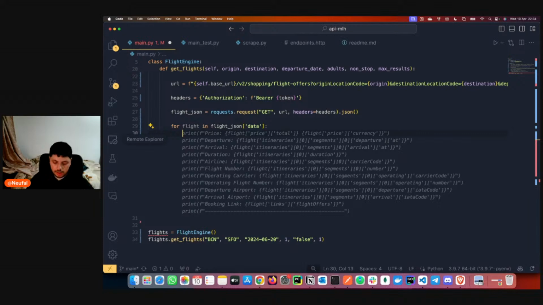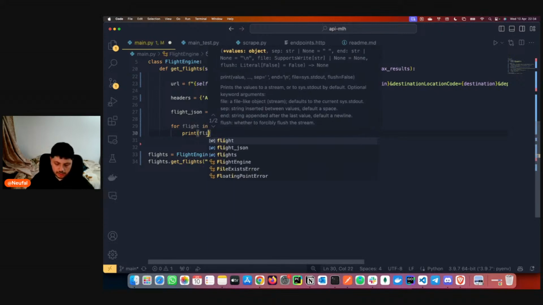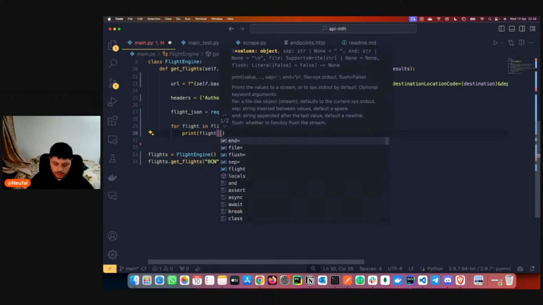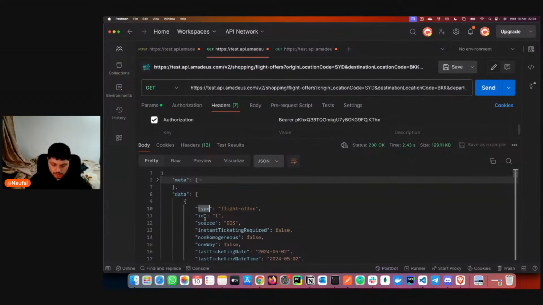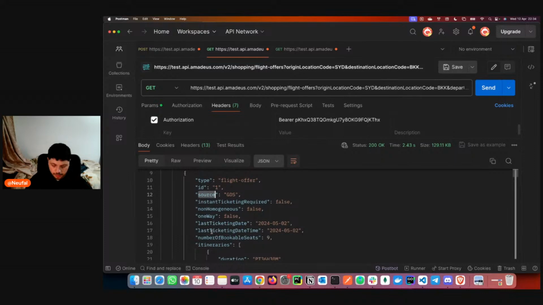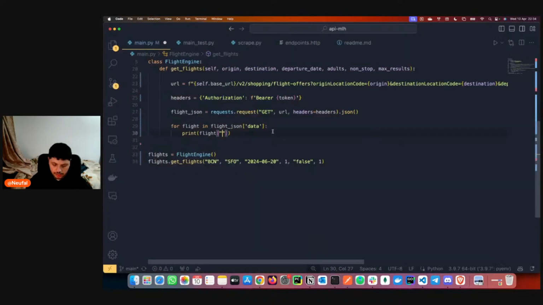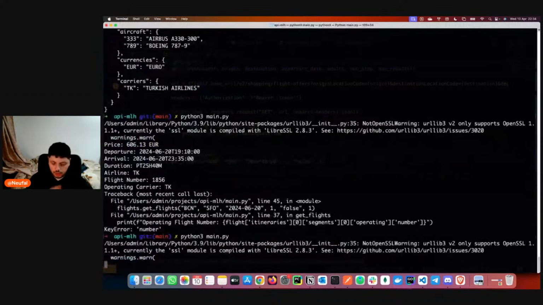Let's see how we can interpret the data. So we have flight data. Just print, sorry, let's print flights. Let's see, we can see verify field. Just to see if we can loop through all these results.